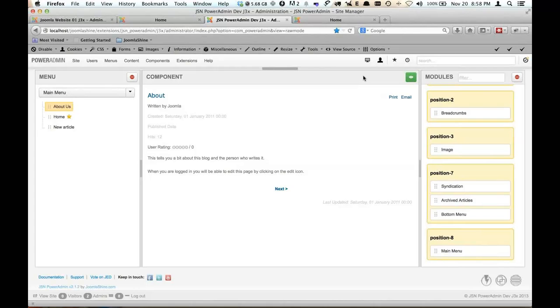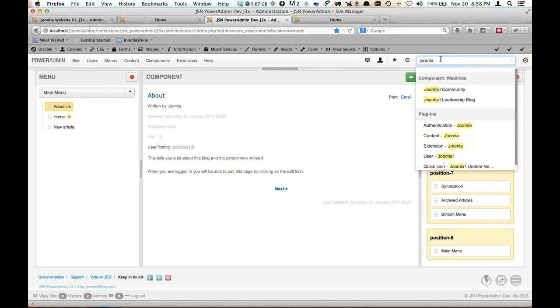It provides a single search box for you to get to anything that you have on the back end. It is located right here in a very familiar location for you, right top corner, and it has a live search result. You just type, for example, Joomla,